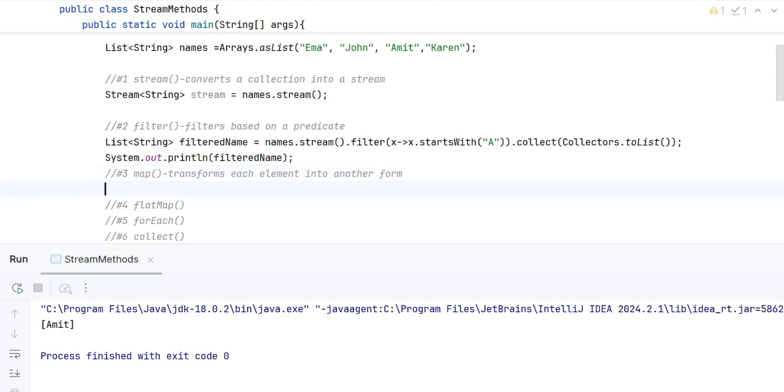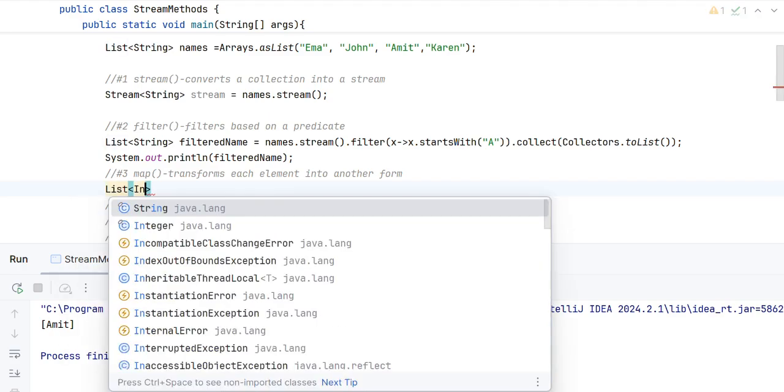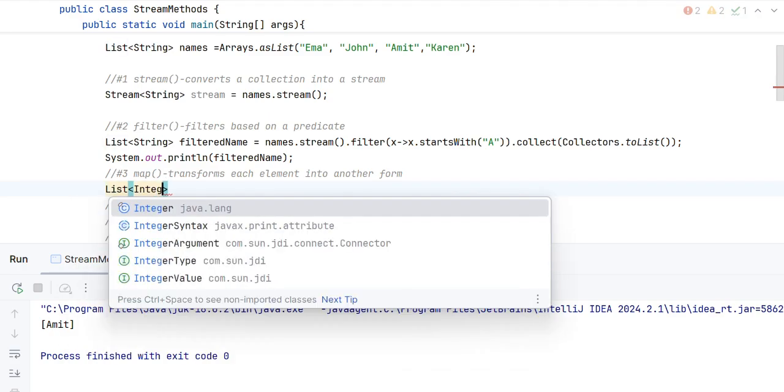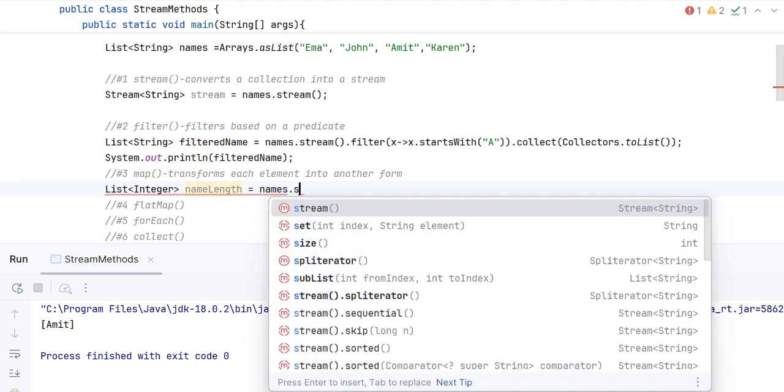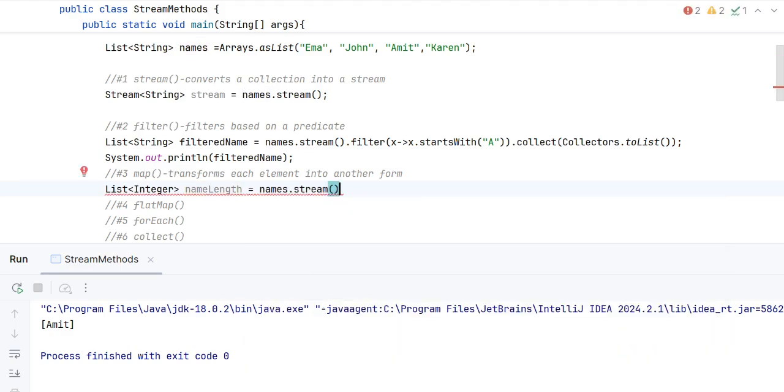So what we will do here is we will just print the length of each string here. So let's take a list of integer. Let's call it name length and names dot stream